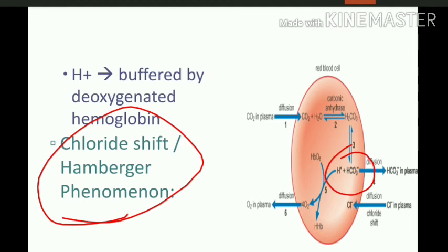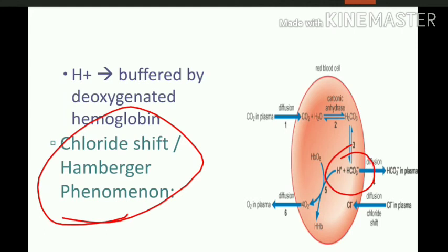So, when blood passes through the capillaries, HCO3- ion concentration increases inside the RBCs, and these HCO3- ions enter from the RBC into the plasma. Why? Because the inside of the cell becomes negative, and to decrease the negativity, these negative ions move out. When bicarbonate ions move out, there is entry of one chloride ion inside, and that is known as chloride